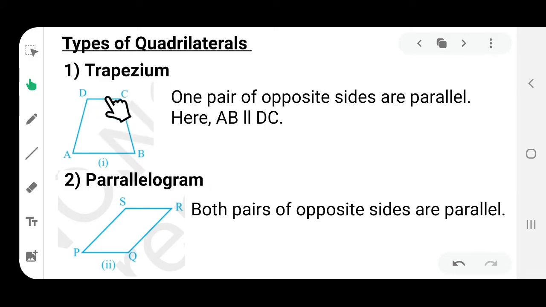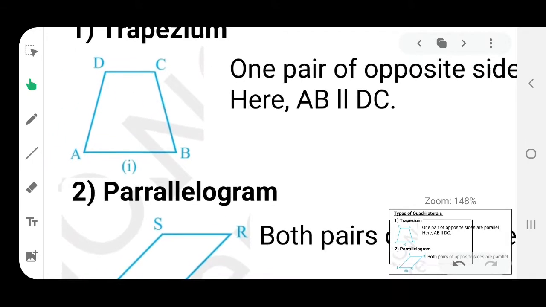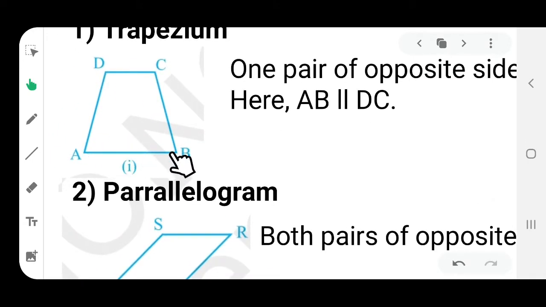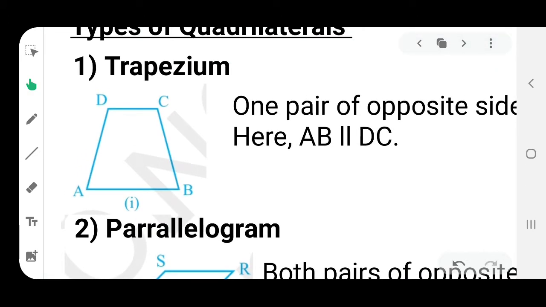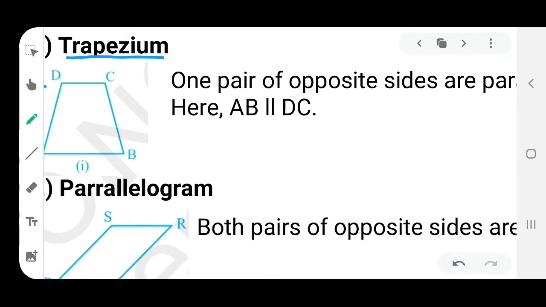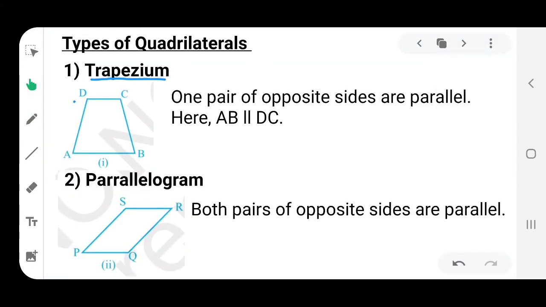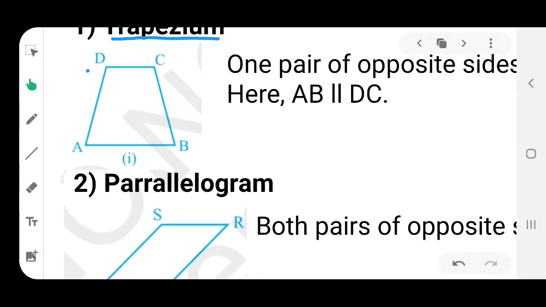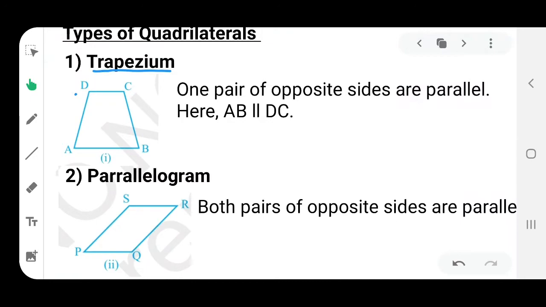Let's look at this figure carefully. Here is a quadrilateral, A, B, C, and D. Yes, it is a quadrilateral. What is special in this quadrilateral that it is given the name trapezium? So here the condition is written that one pair of opposite sides are parallel. Here AB is parallel to DC. So in a quadrilateral, if at least one pair of opposite sides are parallel to each other,